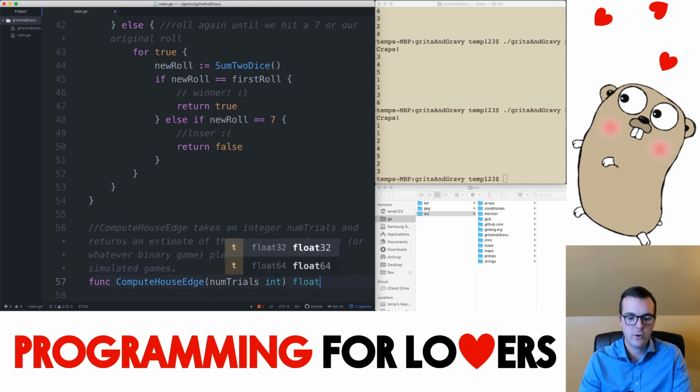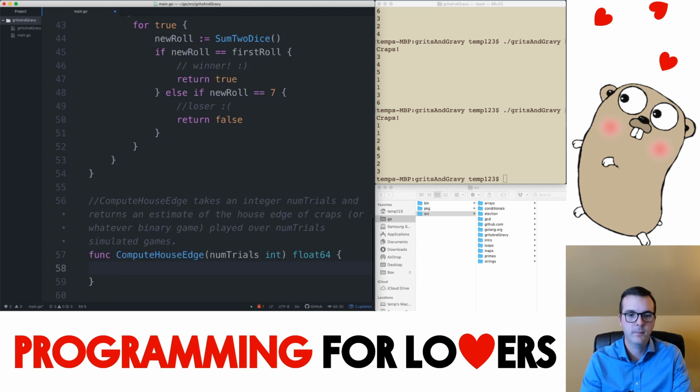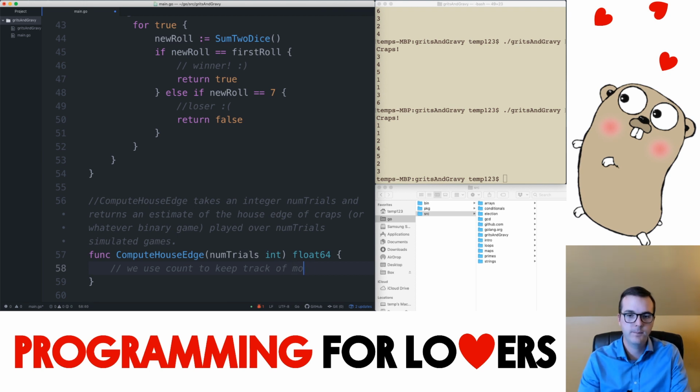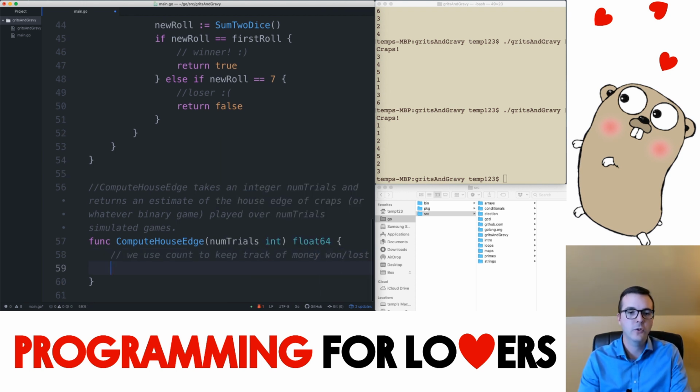And so what it should return is a decimal number. And here's where we say, well, first we use count to keep track of how much money that we've won or lost. So here's where we're assuming that we're wagering a single unit of currency each time, and that we know that